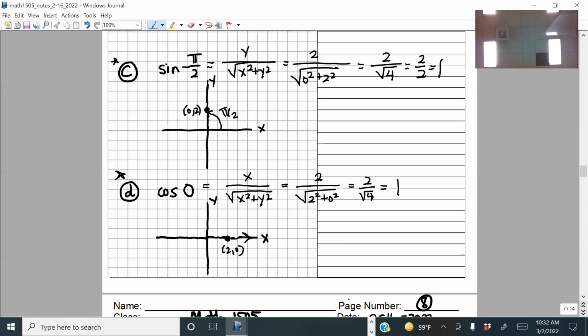Remember this sheet that has the trig formulas? I'm sorry, the trig ratios for the special angles. All right, so that's in table form here. All right, that's in table form. And then on the back is the